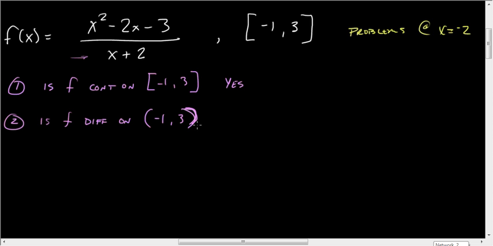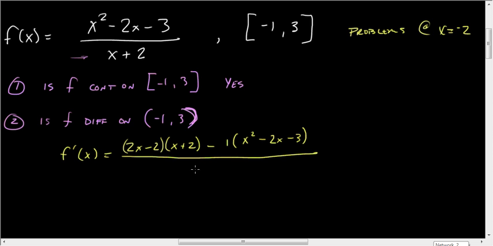So just go ahead and take the derivative of f. It is the derivative of the top, 2x minus 2, times the bottom, x plus 2, minus the derivative of the bottom, which is 1, times the top, x squared minus 2x minus 3, all divided by the bottom squared, x plus 2